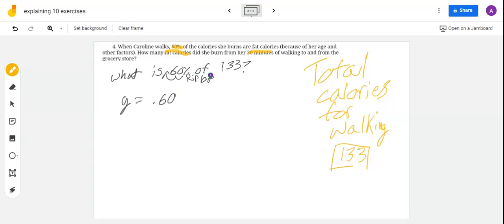It's one of the easiest ways to turn a percent into a decimal and a decimal into a percent. That's what I found. So 0.60 times 133. So if we do it that way, then y equals